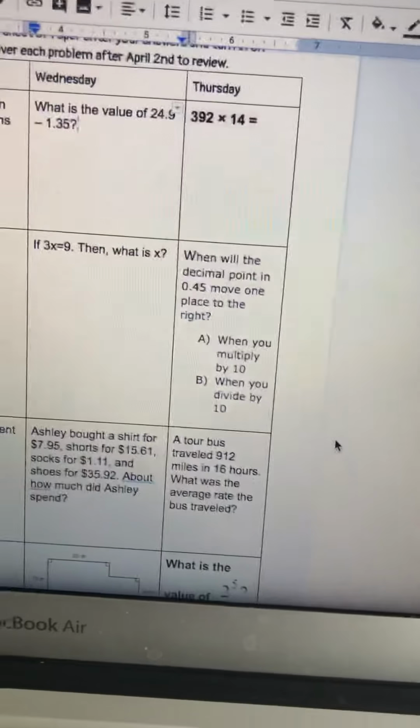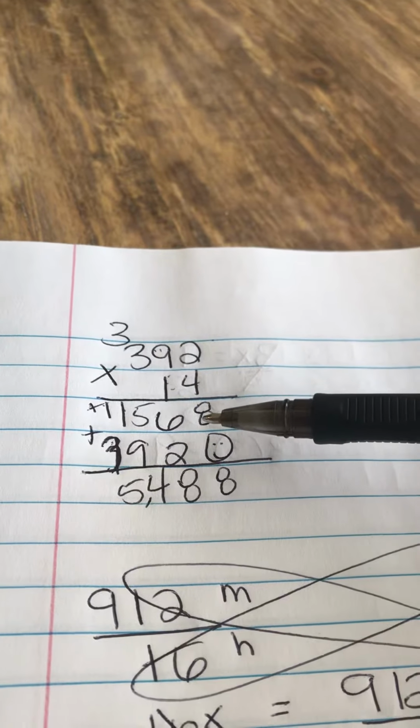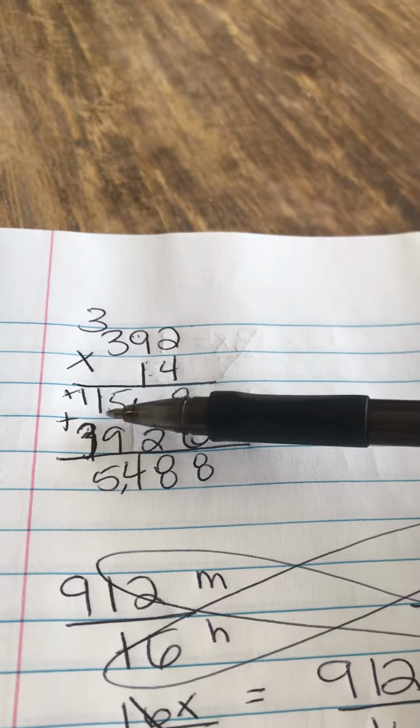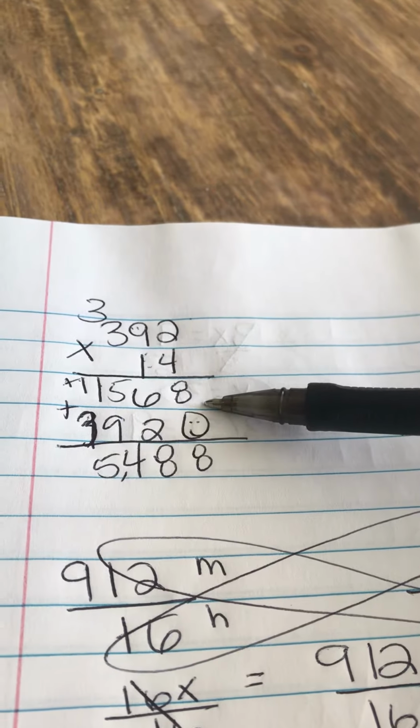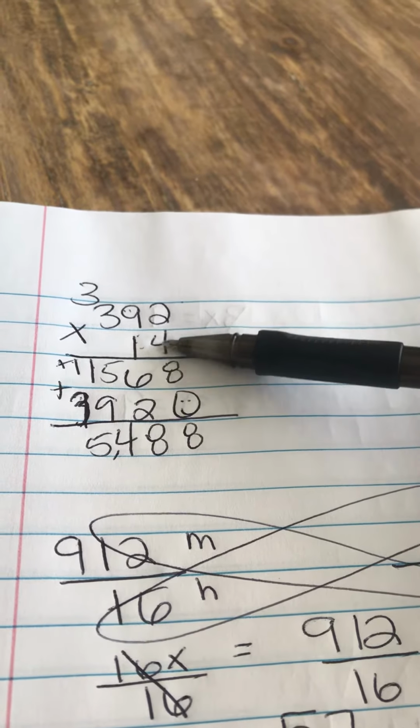Last one, looking at Thursday. So we have 392 times 14. So we set it up. When we work that out, we should have got our first partial product was 1,568. Okay, if you didn't get that as your first partial product, you made a mistake somewhere with your 4 when